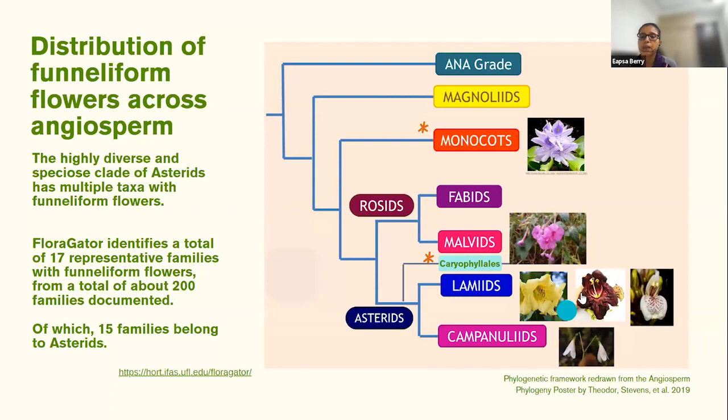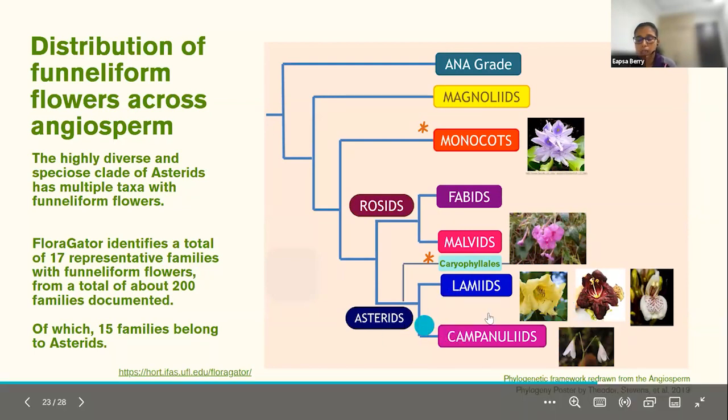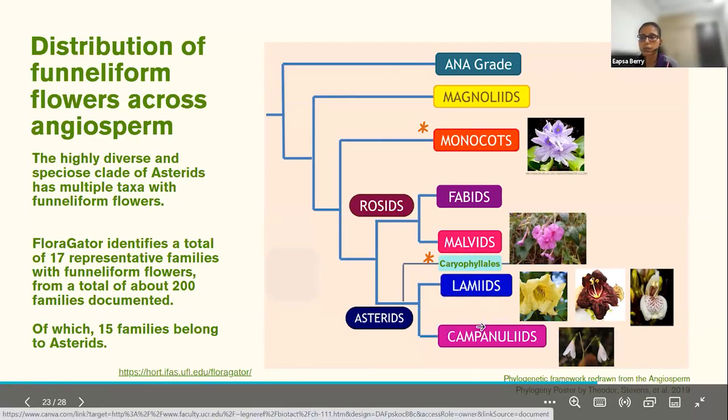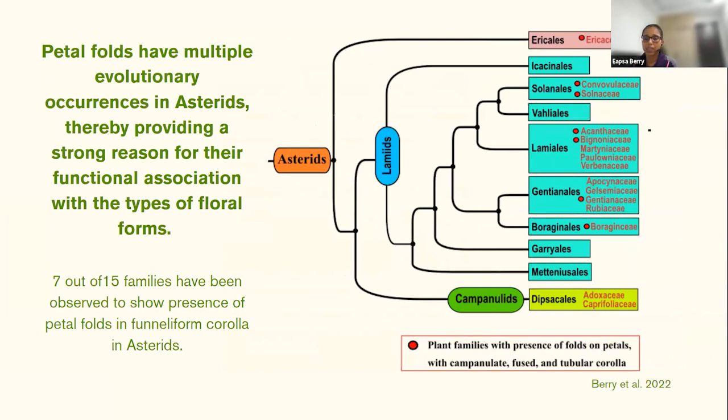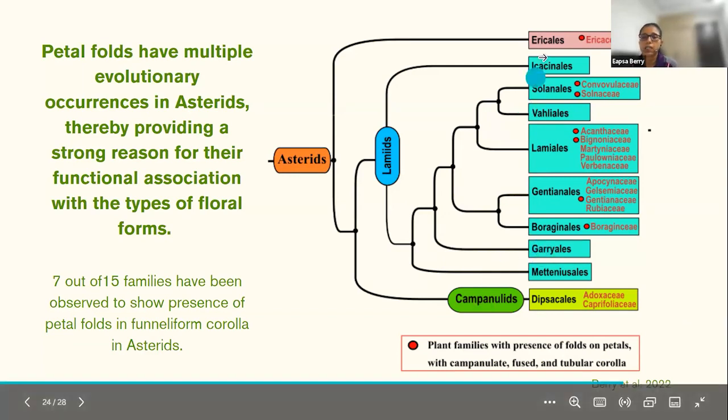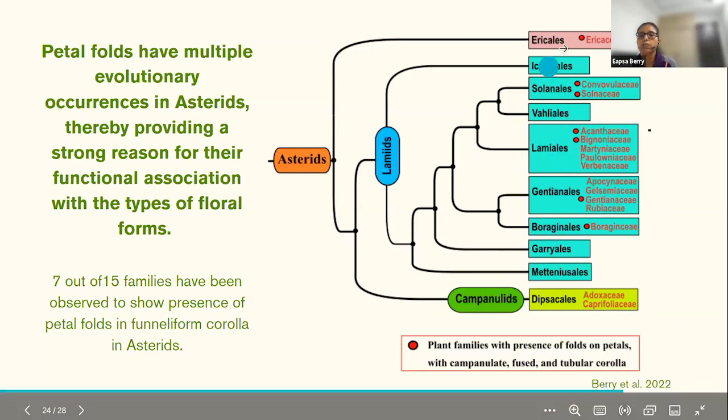there are 17 representative families which belong to Asterids, Caryophyllales, and monocots. And among those 17, 15 belong to Asterids. Within Asterids, out of the 15 families, 7 families show the presence of petal folds in funneliform flowers that we have talked about. We observed these families and orders,